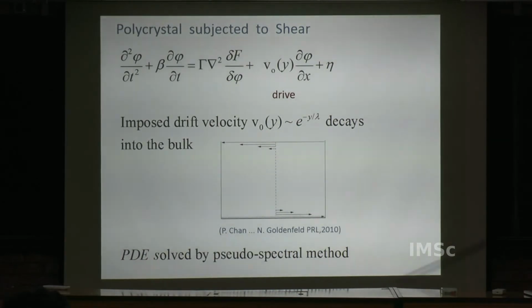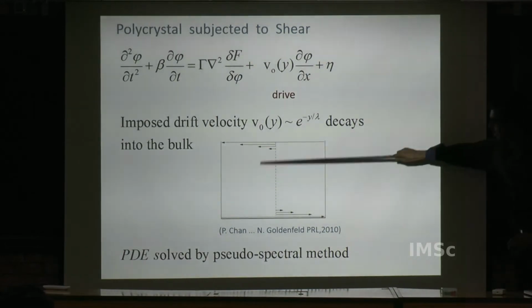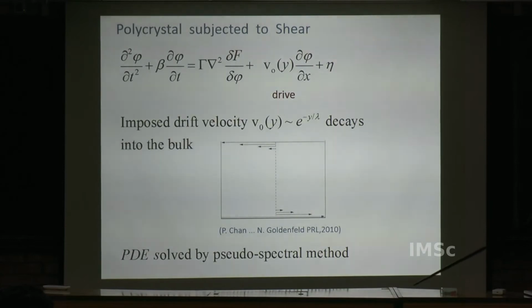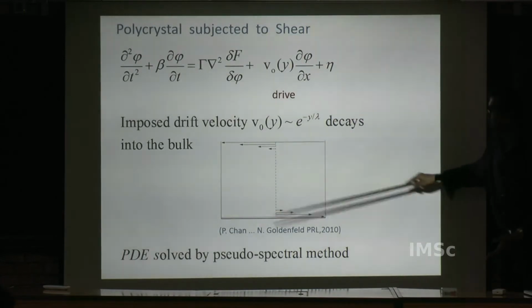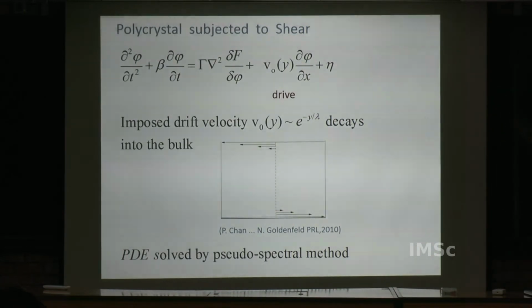Okay. The thing is that applying a lot of shear is not really the recipe to have a disordered state, because if your shear is too strong, what happens is that things start to slide. That is, in the bulk, things will order actually. If you have a polycrystal, it may actually go to a single crystal, and near the boundaries you will have lots of small broken grains which will take the impact of this imposed